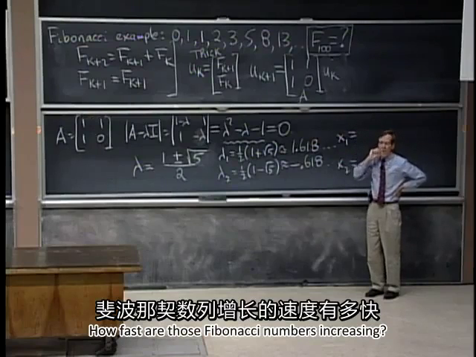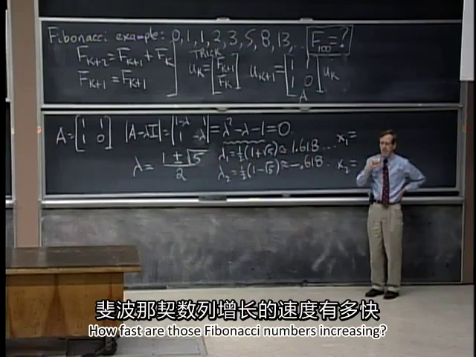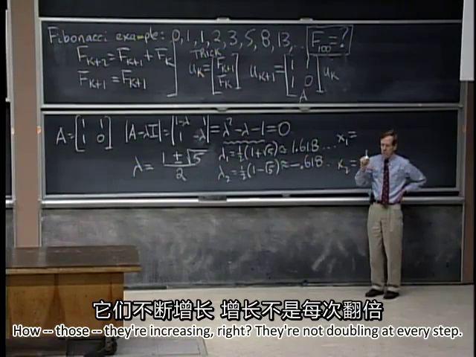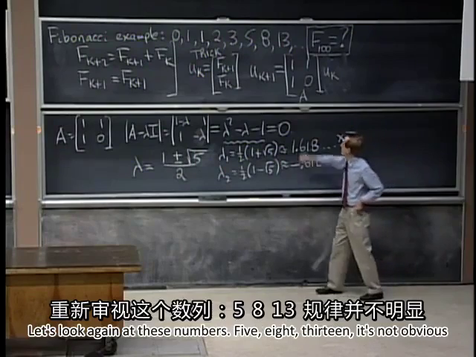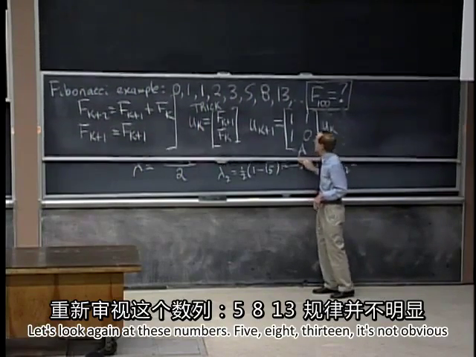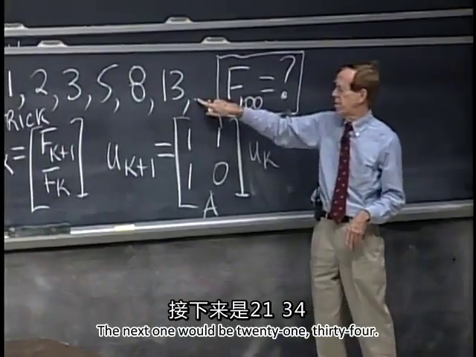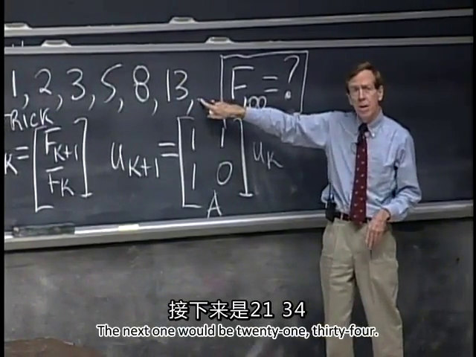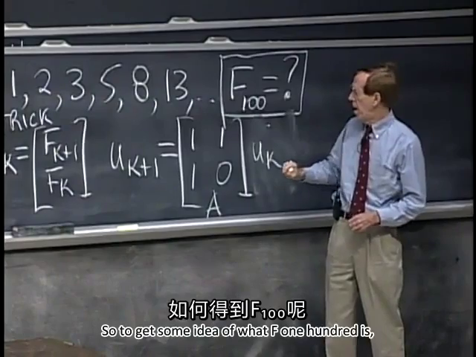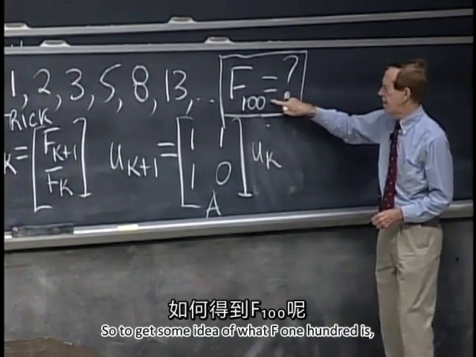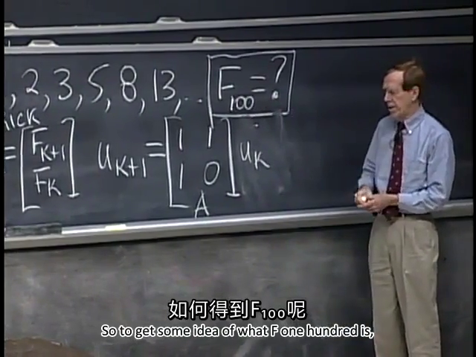How fast are those Fibonacci numbers increasing? They're increasing, right? They're not doubling at every step. Let's look again at these numbers: 5, 8, 13. It's not obvious. The next one would be 21, 34. So to get some idea of what F100 is,